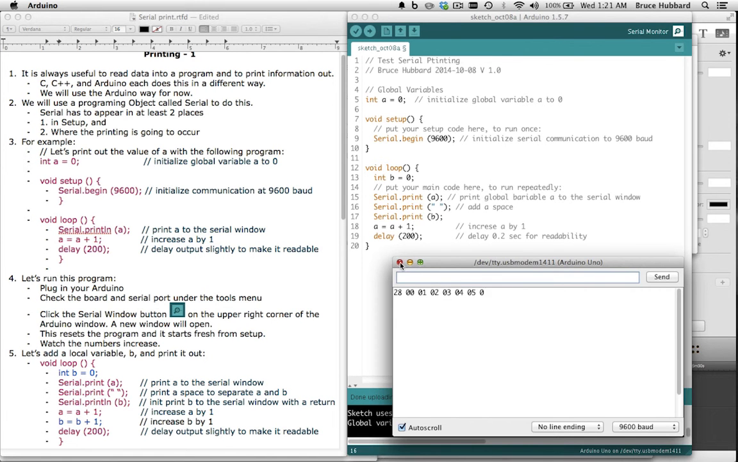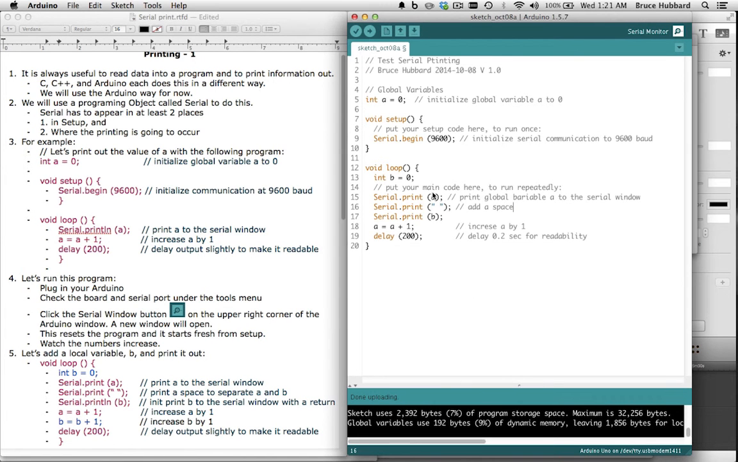I meant to just close that window. Serial print the value of A, serial print a space, serial print the value of B, and I need to attach the ln suffix to that one, println, so that I get a new line. All right, what's my comment here? Print local